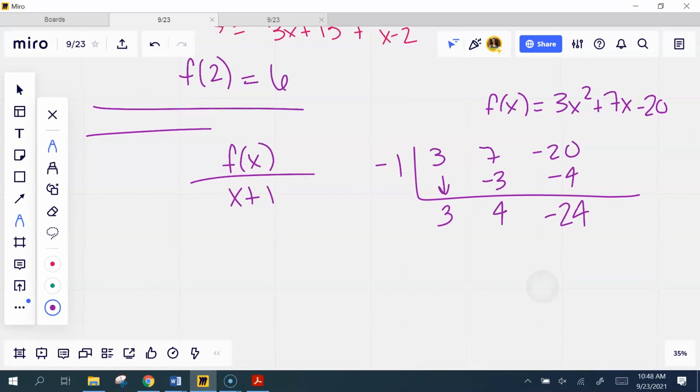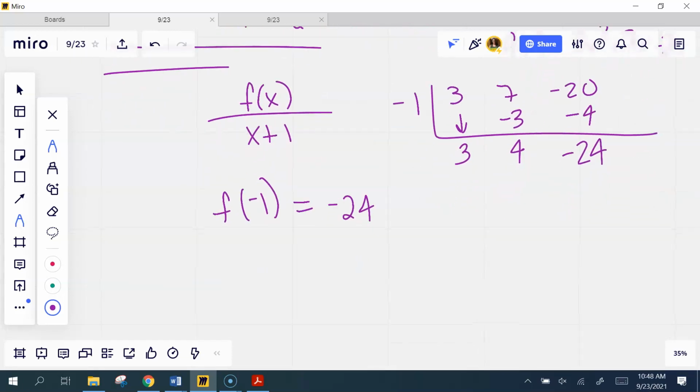What answer are you talking about? So you plugged in, you did f of negative 1. I'm glad you did that, Kirsten, because that was going to be the next thing I asked you to do, is to find f of negative 1. And Kirsten said, but wait, I got the same thing, but I didn't divide. So guess what? This is called the remainder theorem. The remainder theorem says,